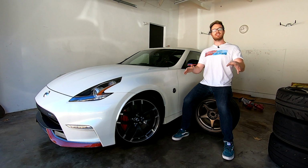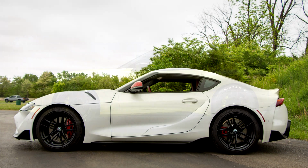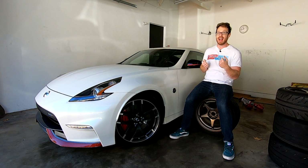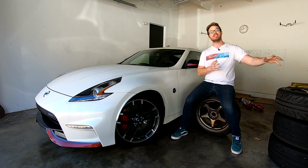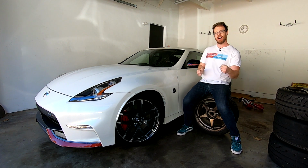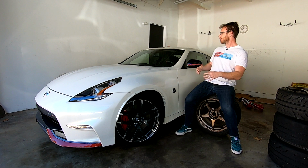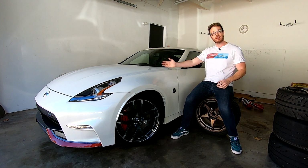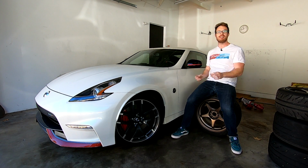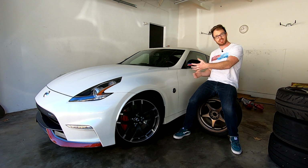And the reason why I'm mentioning the Supra so much is because it's part of this JDM revival. A new Supra, a new Z car, and it is unsurprising that they're going to go head to head. And a source close to Nissan has told me that pricing of the Z will be very competitive, undercutting the Supra by just a bit, which sounds really juicy to me. You get a small sports car with a really potent turbocharged engine, the availability of a manual transmission, rear-wheel drive, and as long as Nissan keeps the weight in check and keeps the pricing and options in check,